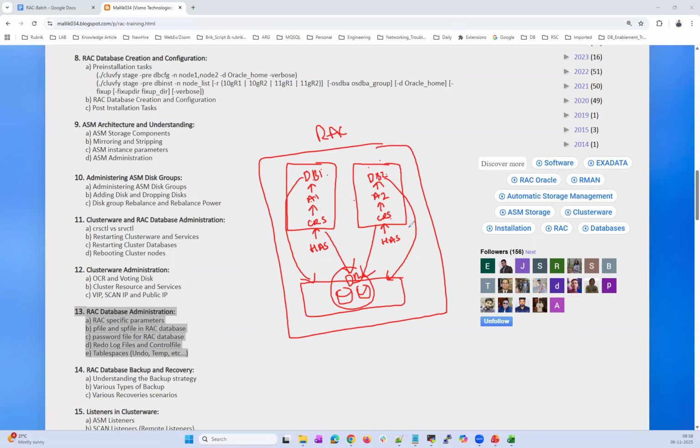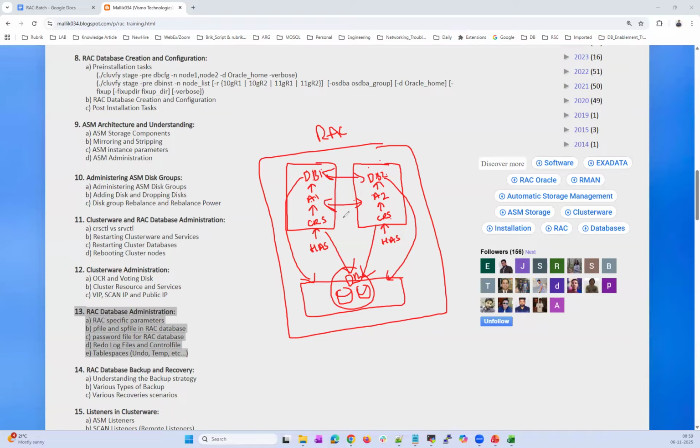So then how does this communication work? There will be a lot of communication between both the nodes. You have cache fusion, as we call it. Between both the database instances, the communication and the data transfer will happen. And many concepts come across here.